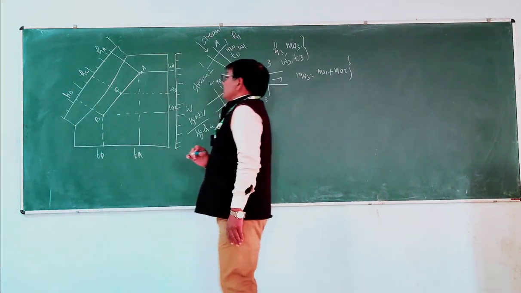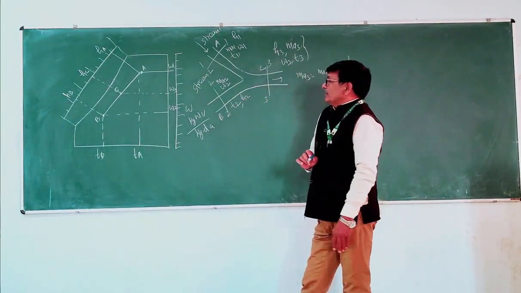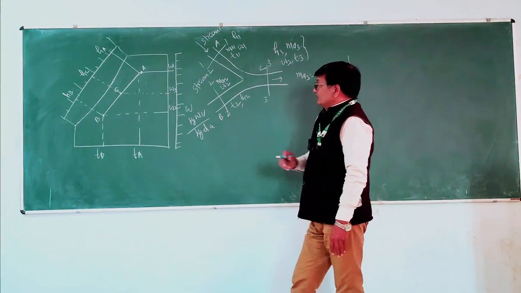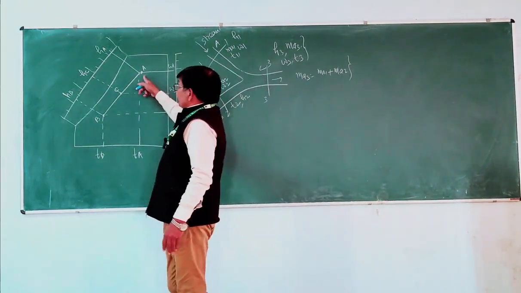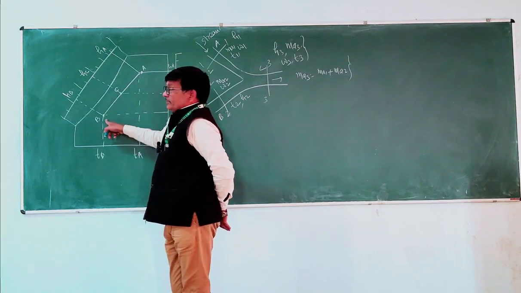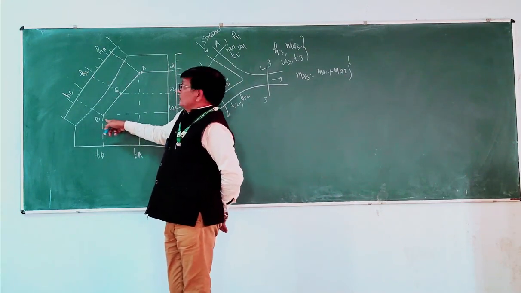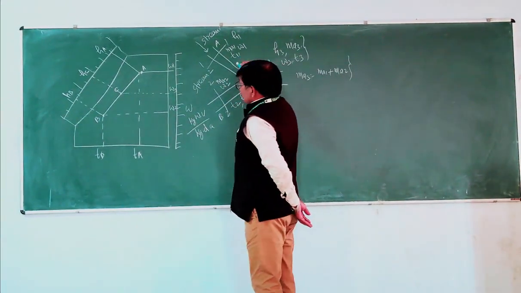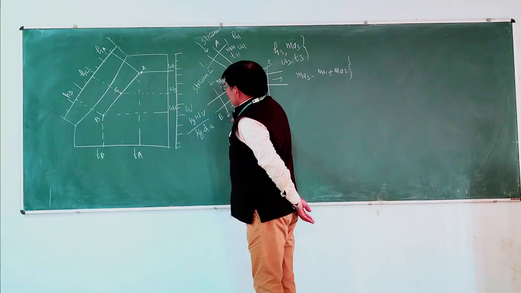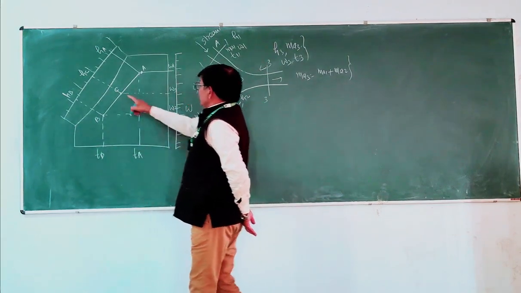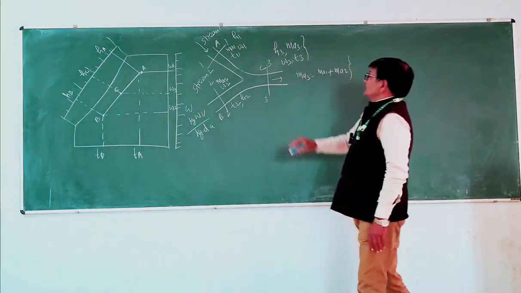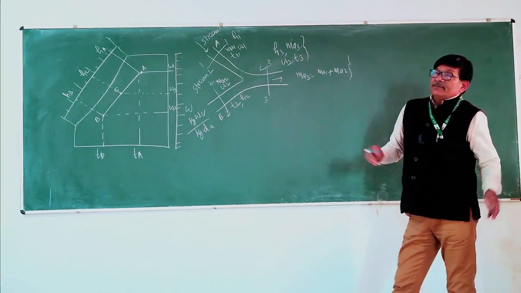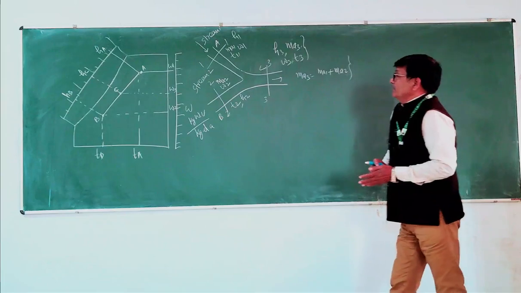These are the dry bulb temperatures. You can also denote them T1, T2, but here by symbol we are defining these temperatures. TA is the temperature at point A, TB is the temperature at point B of the air streams A and B. So T1 is TA, T2 equals TB, and TC equals T3, because we are defining the temperature at point C. After mixing these two streams, what will be the final temperature?